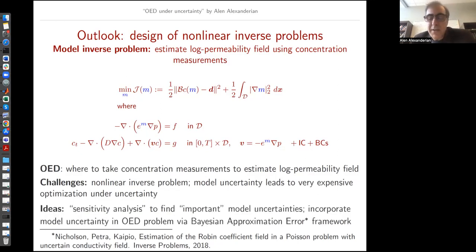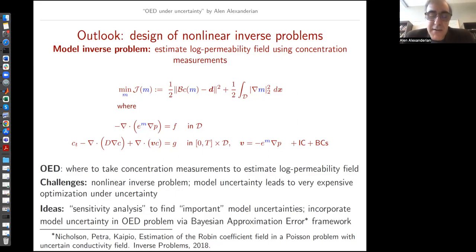So some of the ideas I have been considering with some collaborators, obviously, is, for one thing, could we do some sensitivity analysis? When we talk about sensitivity analysis, in a lot of cases we're thinking of sensitivity of the forward problem to parameters, like Sobol indices or derivative-based methods or whatnot. But the sensitivity analysis I'm talking about here is to assess the sensitivity of the solution of the inverse problem